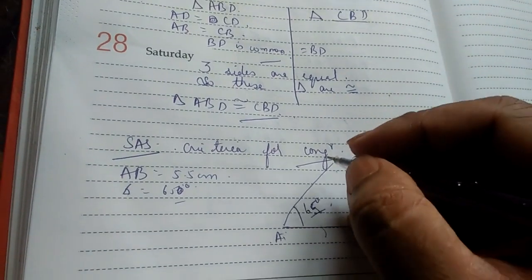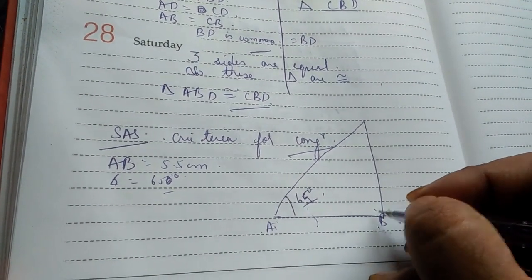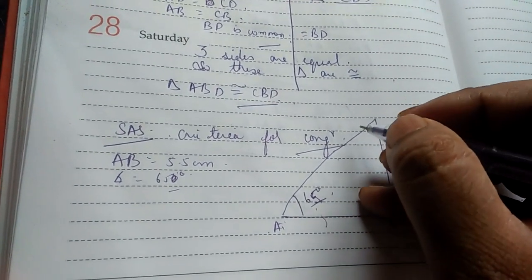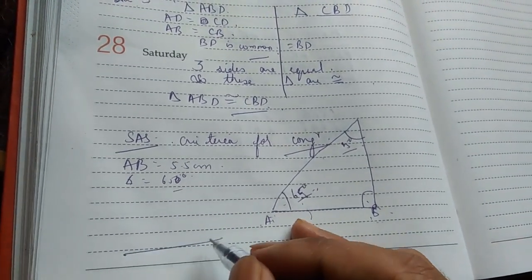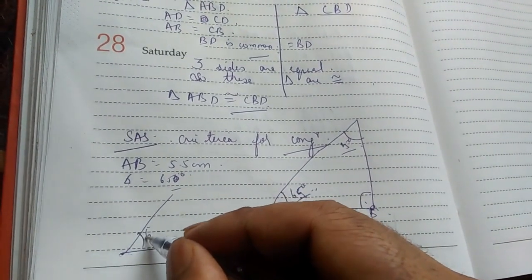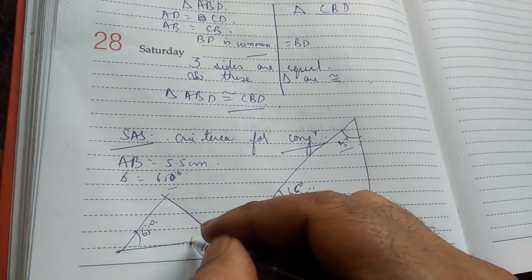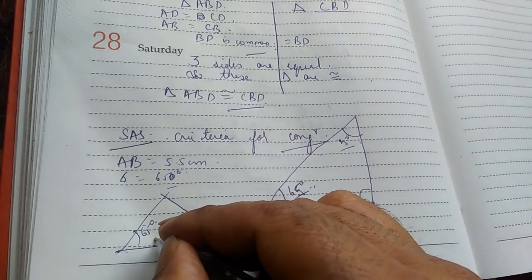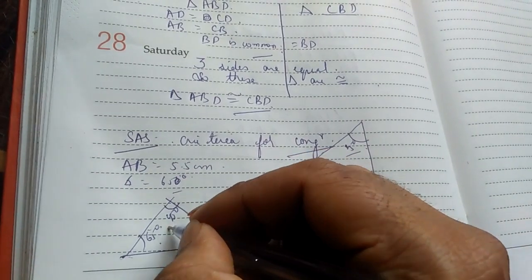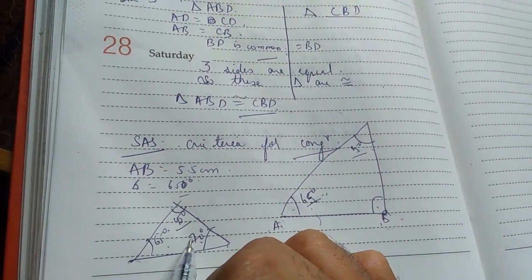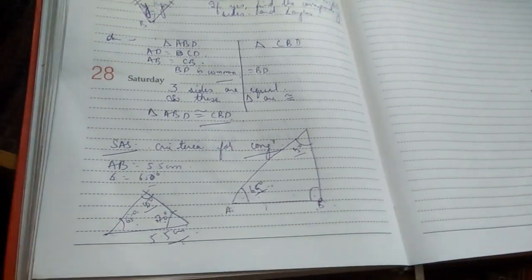Let's say this is 65 degrees. Now if we extend it, let's say this is 90 degrees, then this particular angle will become 25 degrees. In figure 2, this particular angle is 65 degrees, and if we draw a line, this angle is 70 degrees, and the other is 45 degrees. Then we have another triangle. This side is 5.5 centimeters only. So there are two different triangles that are possible.